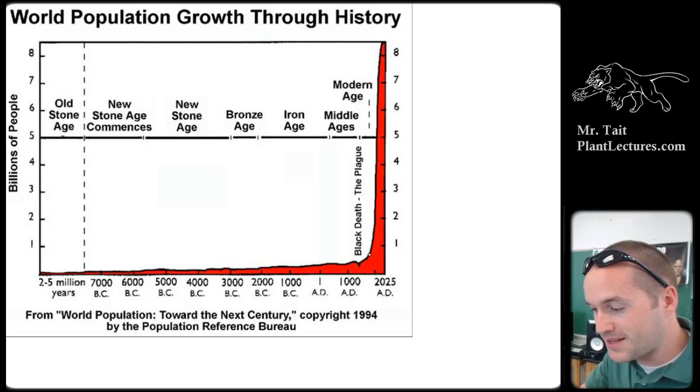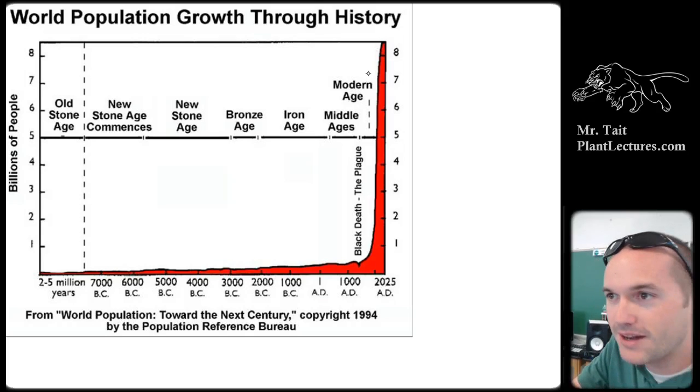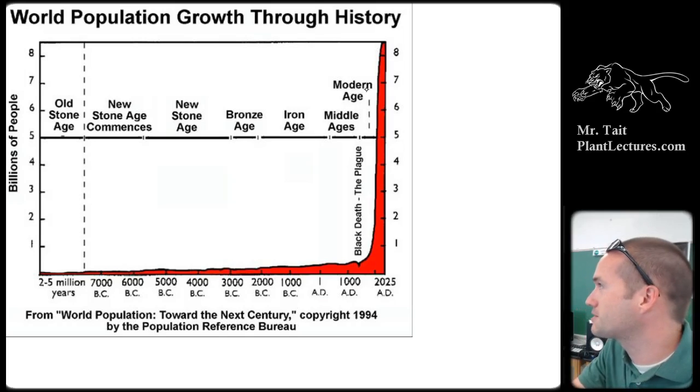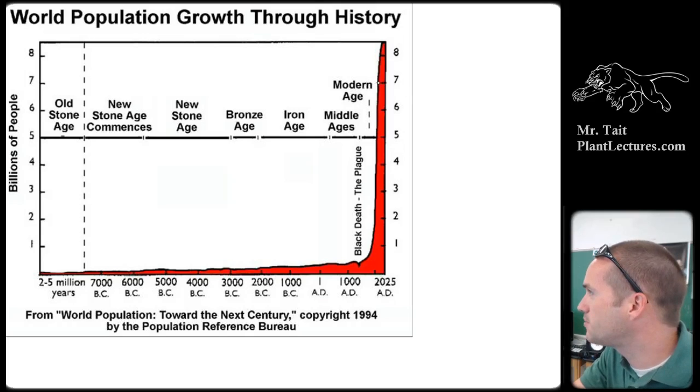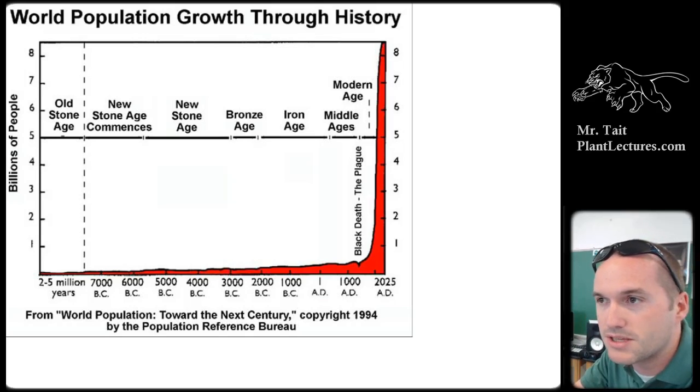And now we're like, holy cow, there's nothing that stops us ever. We have modern medicine, we have electricity, we have factories. Boom, right? This is exponential growth. This is the very definition of exponential growth, okay? And this one goes to 2025. We're only at 7 billion. We're right here right now. And you can see that this is going to continue to take off, even though we've reduced the rate of population growth significantly.